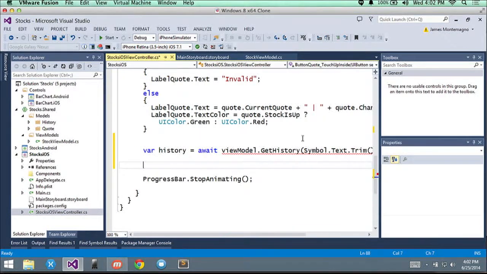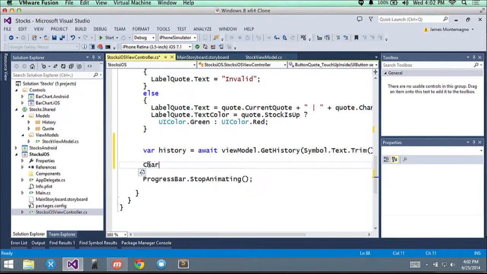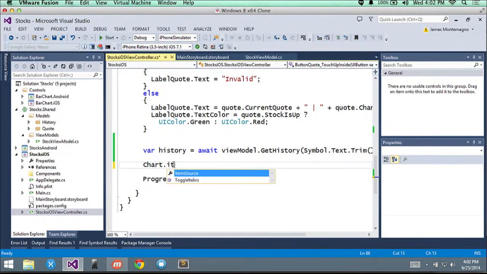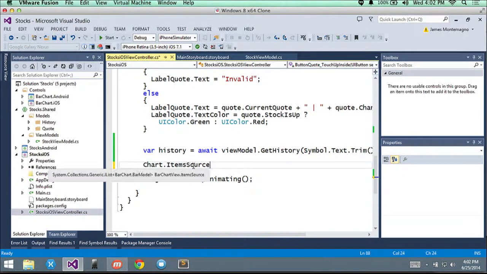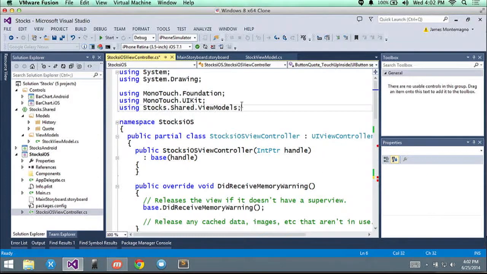And we can see that get history is returning a list of history quote. However, our chart is actually taking as an item source a list of bar model. So we need to somehow convert the history quote list to this bar model list. And where that comes in is using